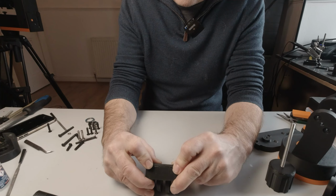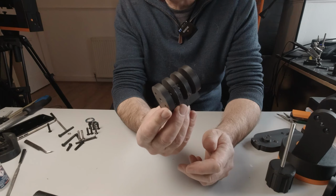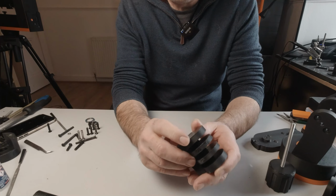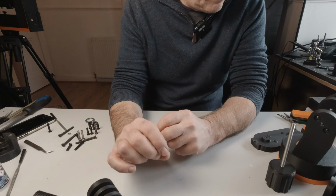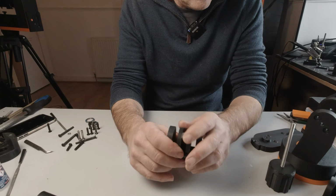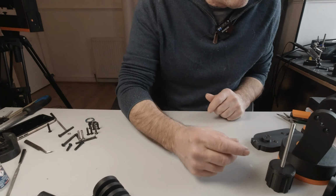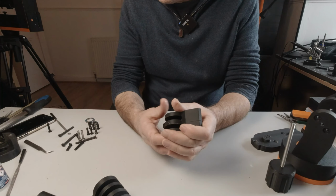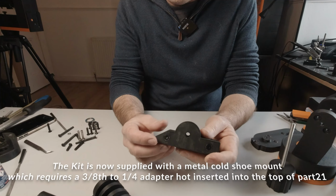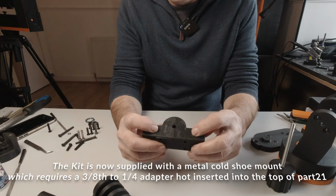Sure we get that bottom edge aligned. So that's part 22. Now its partner, if you like, the other side of the hinge, is part 21. And once again, for the same reasons, these are 3 parts glued together with 2 30mm long